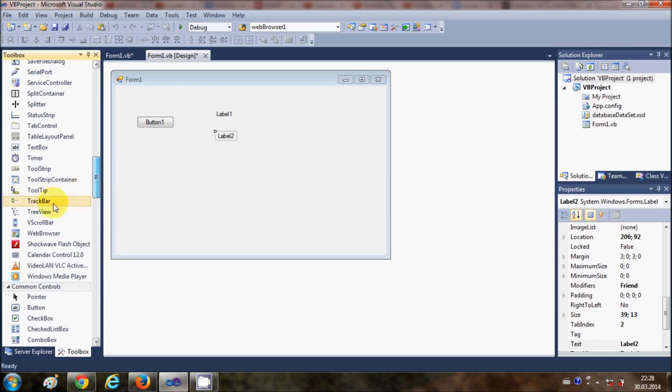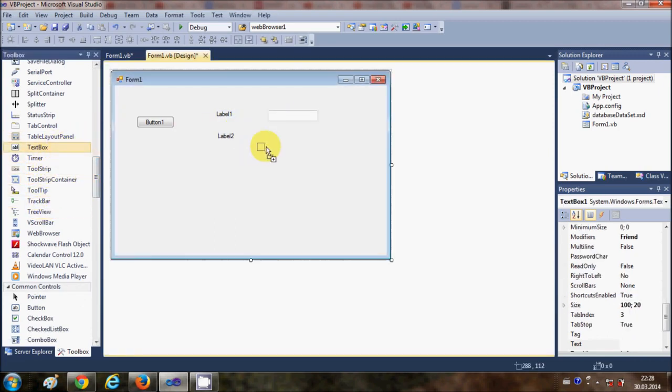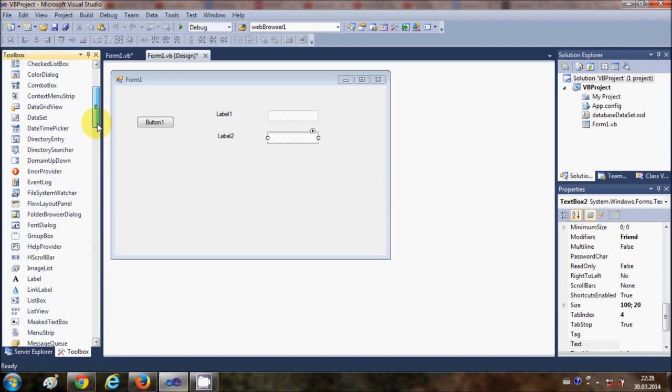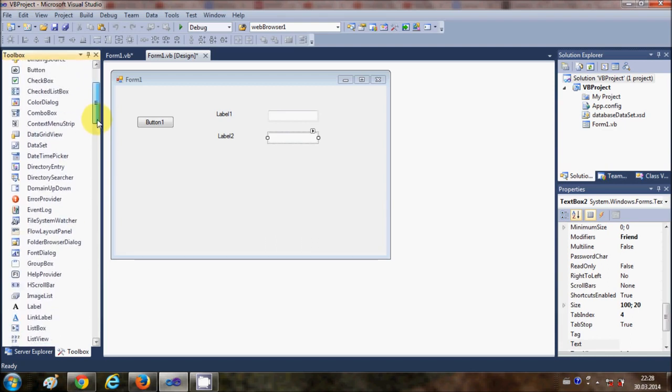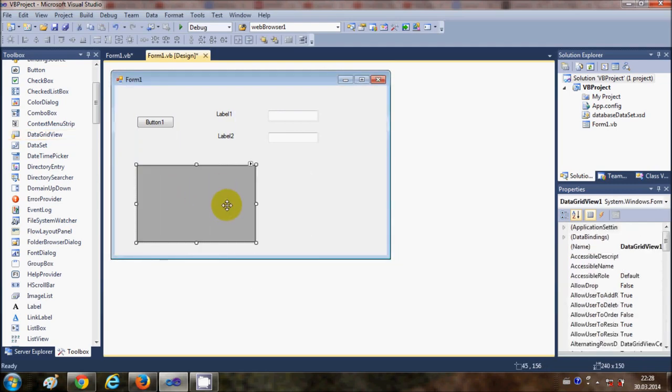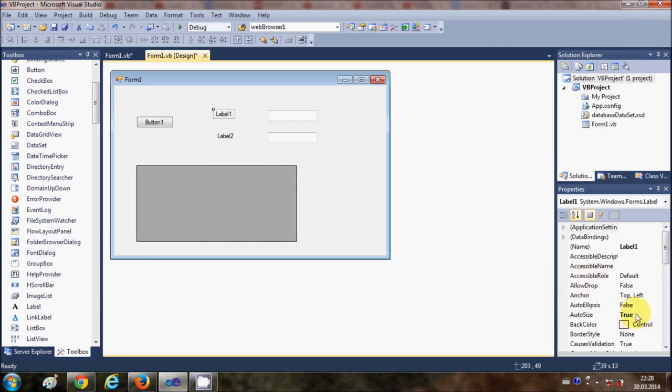and two text boxes first, and I will take a DataGridView control from my toolbox. So search for the control called DataGridView here and drag and drop into your form. Okay. Now, first of all, I'm going to change the text of these